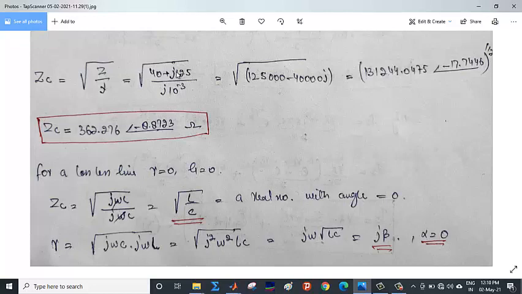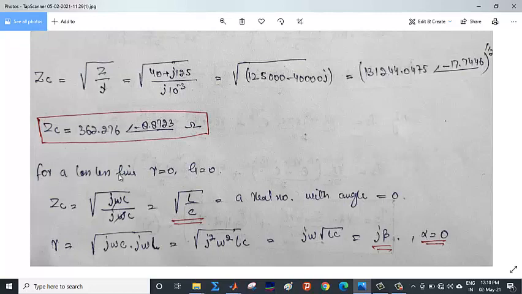So for an angle which is less than 90, when you take the summation of two angles, one at the numerator and one at the denominator, we have to subtract it. The angle, let us say it is 75 minus 90, will be equal to minus 15, and for the square root of this, we have to take half of this, that is minus 7.5. What I mean to say is that this angle will always be a negative angle.